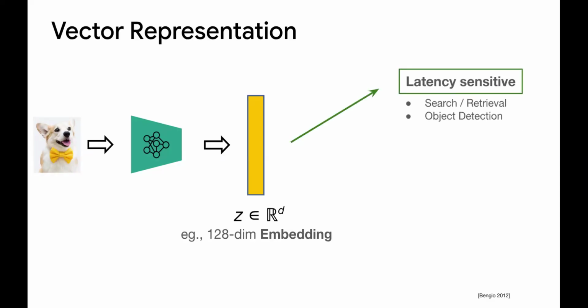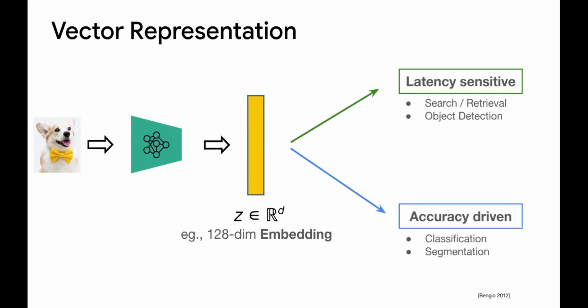However, some of these downstream tasks are latency sensitive, like search. If you go to tens of billions of documents, you need sub-millisecond latency, and your search cost scales directly in proportion to the dimensionality of your embedding. There is no getting around it. If you want to do anything fancier, you have to compress it post hoc, and you start losing performance.